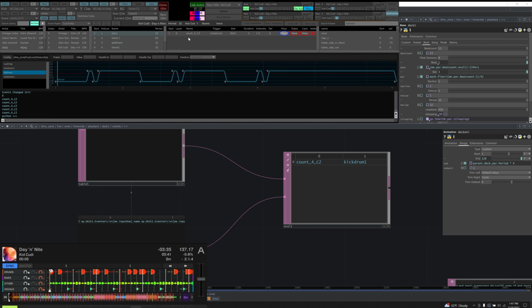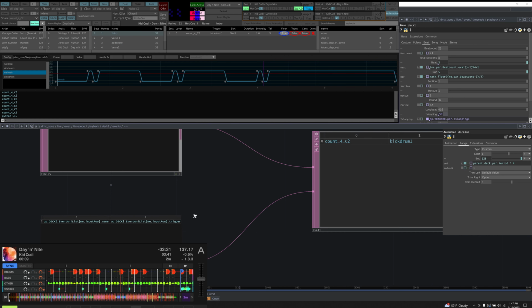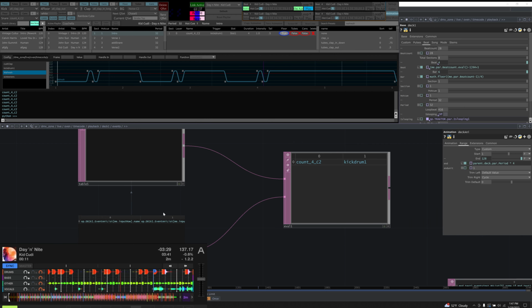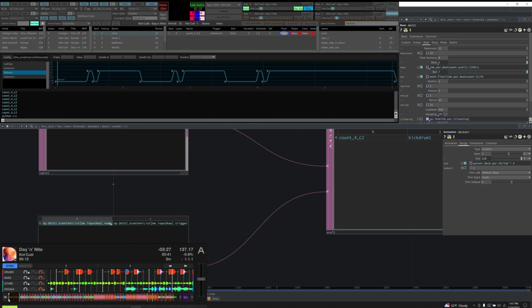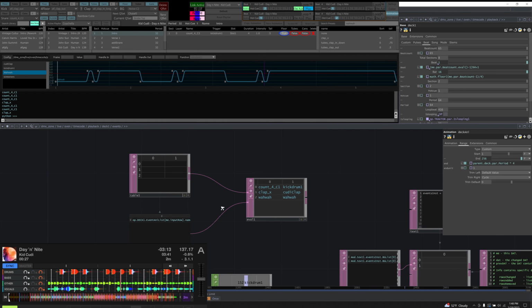If I go to event 1, we have kick drum 1. And I could change this to read duration, and we can see that it's 2 beats here. Back to name, just to read it, make sure it's all linked up properly.